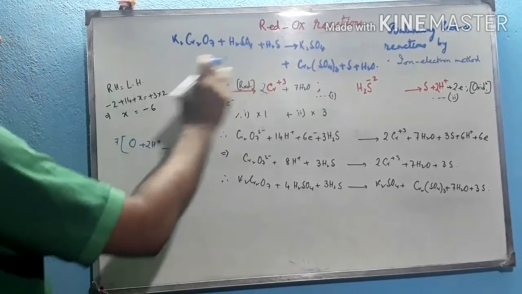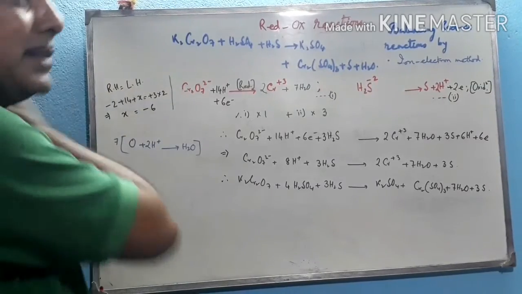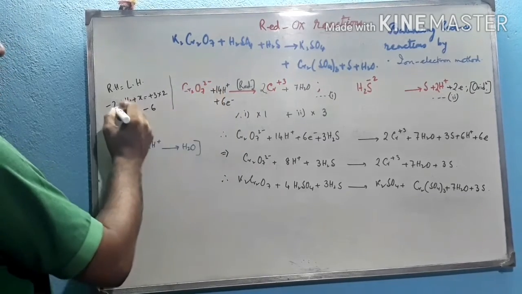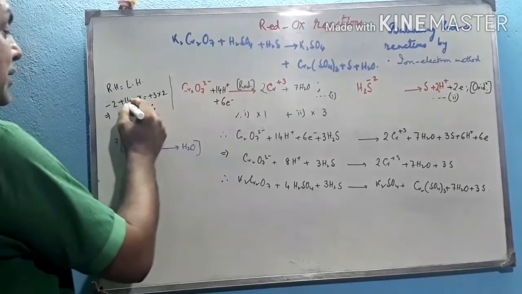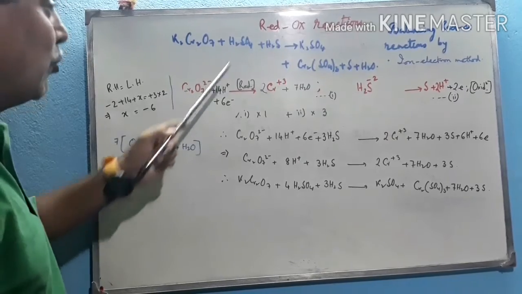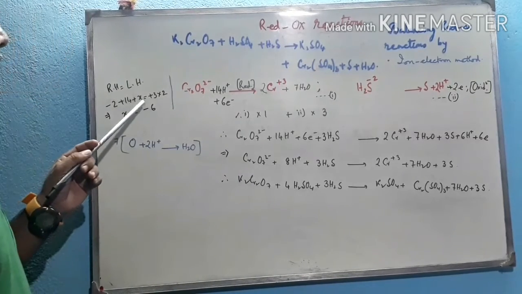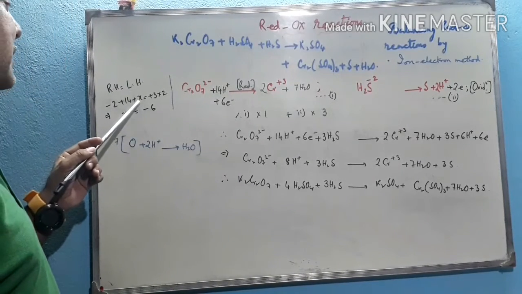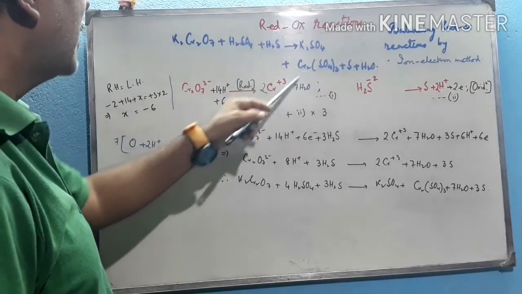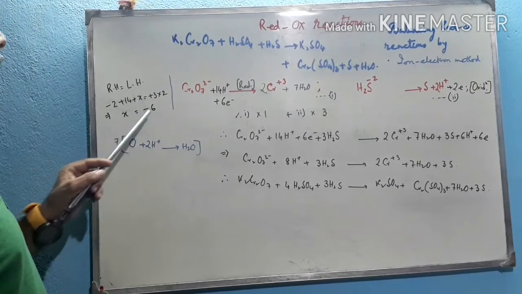Now to balance the charge, right-hand side equal to left-hand side. The total charge is 2 minus, that is minus 2, plus 14, that is plus 14, plus x, where we assume that x number of electrons will be added on the left-hand side. To balance the total charge, this equals plus 3 into 2, because the water has no charge, so plus 6. By equating these two we get x equal to minus 6.